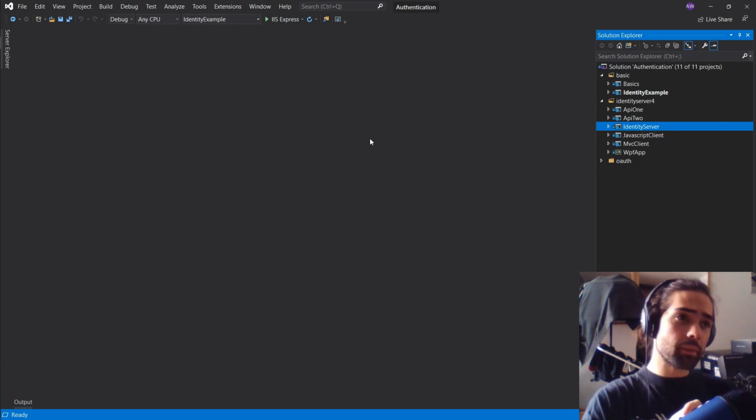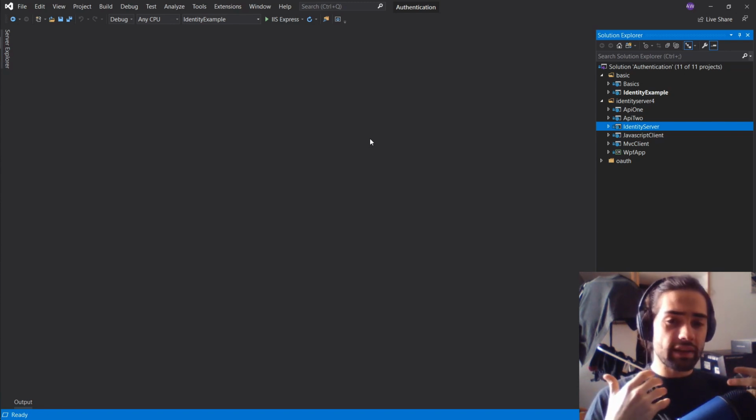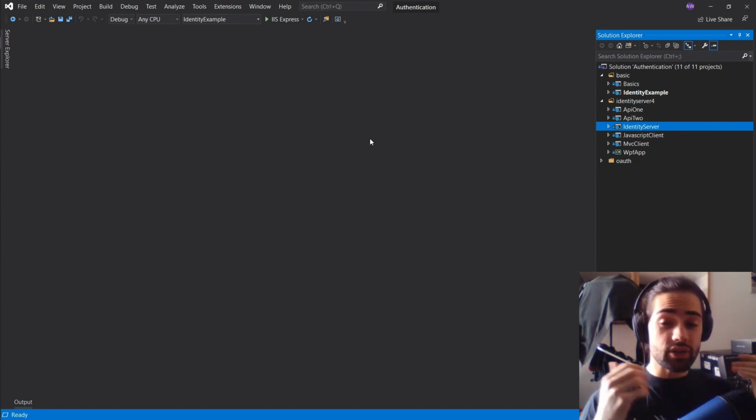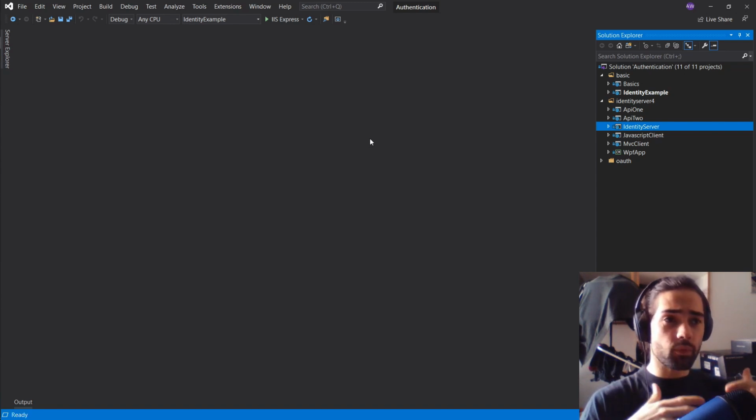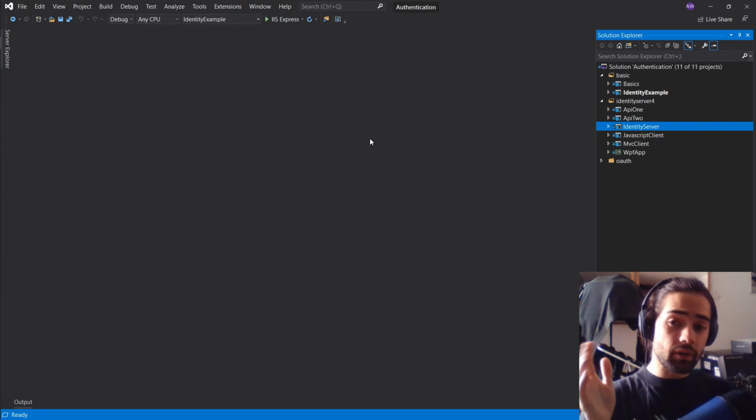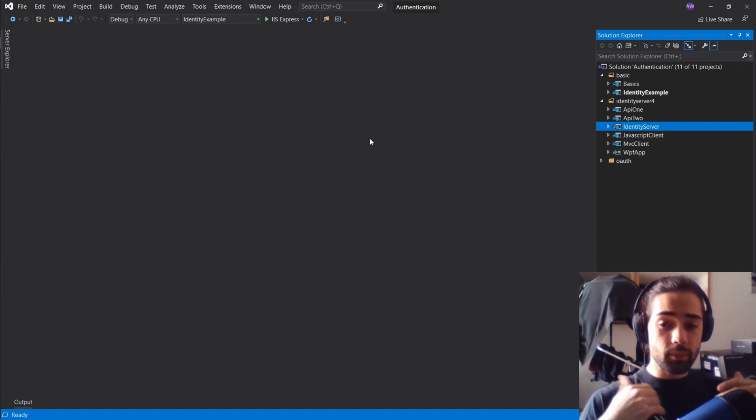I'm going to be copying most of the code from the internet, and this is more about the process of trying to find an OpenID Connect client for your technology stack and seeing what things you need to change in order to connect it to your identity server, and a little bit about how to set that up for your development environment. Again, I'm going to repeat myself, I'm not a Xamarin developer, so most of the stuff I don't